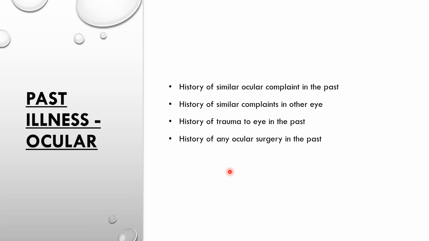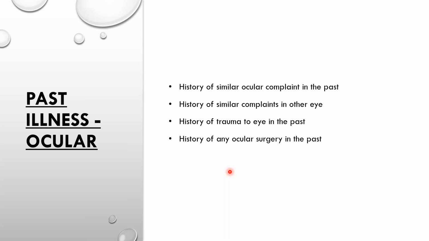So that becomes your next question, whether the patient has had a history of trauma to the eye in the past. Now, this is very important, and it's also very important for you to be able to extract this information, because a lot of times the patients who've suffered from minor or trivial trauma will not be able to remember it and might not tell you that history, right? So while taking the history, you also have to observe the patient. You might be able to pick up scars on their face, and you have to ask them, okay, what is this for? Have you ever suffered from a trauma? What is this scar for?